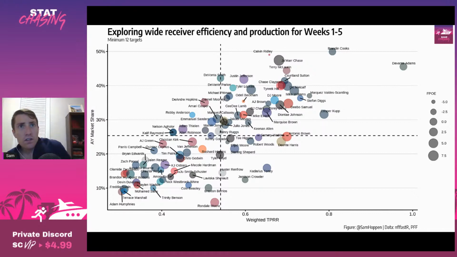A.J. Brown's snap share did decline in his first game back, and he did say he was on a snap count. He only played 64% of snaps, but more importantly, he ran a route on 92% of dropbacks, which means they just took him out on a bunch of running plays. I doubt that continues moving forward because that would make it pretty obvious when the Titans are going to run or pass the ball, but it is encouraging nonetheless.